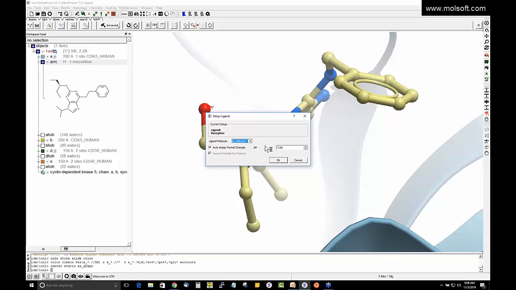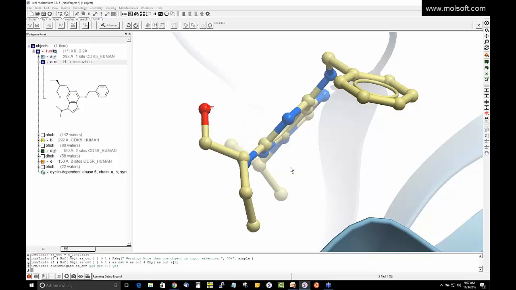And you can ask ICM to auto-assign formal charges based on a pH, or you can just leave it. If you've already assigned them, you can leave it and uncheck here. You can also optimize and model peptides as well. So if you had a peptide bound, ICM could recognize it as a chemical and you can start modifying it in the 3D ligand editor. So you just go OK, and that sets up the